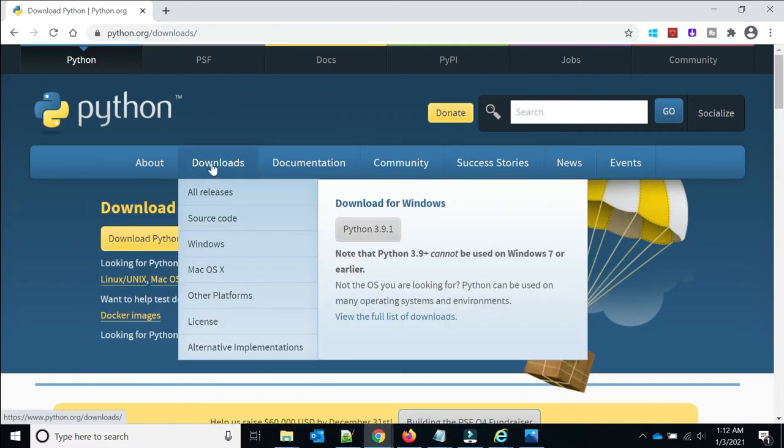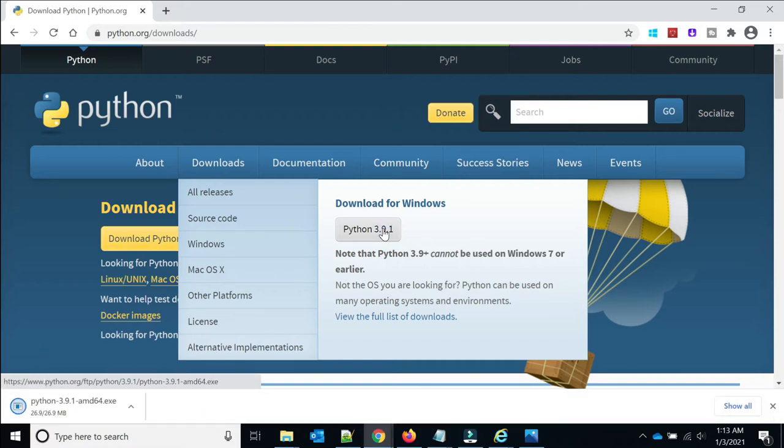If you go to the download section, you can see the operating systems are mentioned. Based on the operating system of your system, you can download the version. As my system is Windows, I am just clicking on this one, download for Windows Python 3.9.1. By default it is 64-bit.